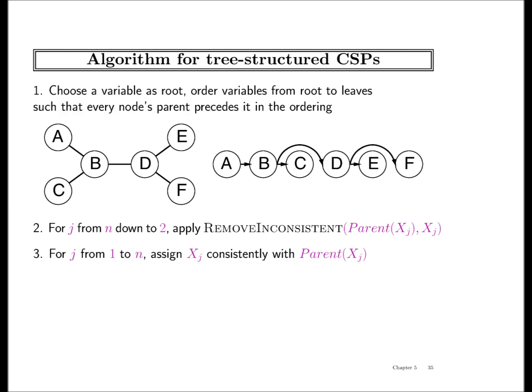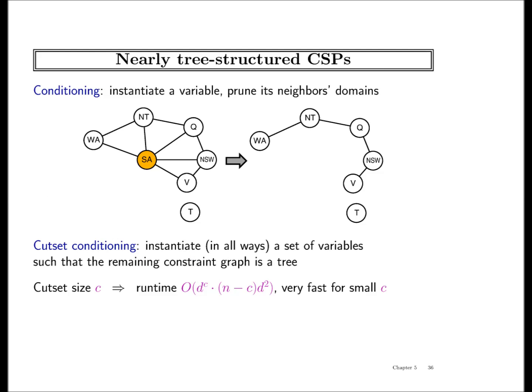So now we know that we can solve trees very fast. So another way to use this problem structure is to say find a node that when assigned converts the rest of the problem into a tree. Now that may not be one node. So you may say that find me a smallest set of nodes that when assigned gets me the remaining graph to be a tree. And that set of nodes is called a cycle cut set.